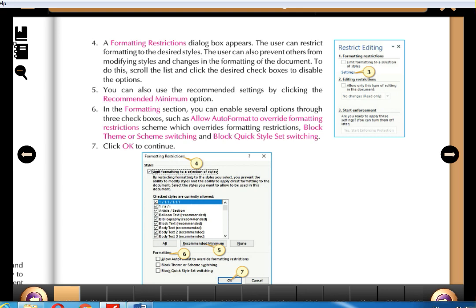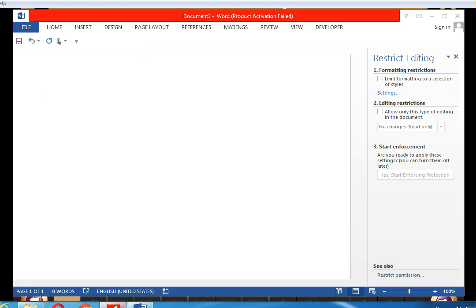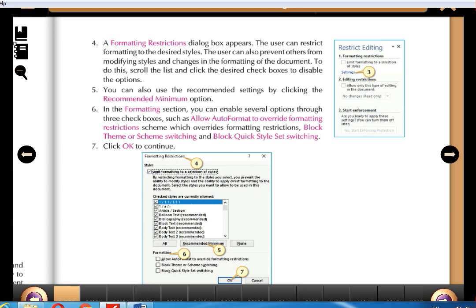Click OK. See, here is formatting on the bottom side. In this way we can change the formatting style also. And we can uncheck this button and apply the restriction. Okay, in this way we can apply the changes.